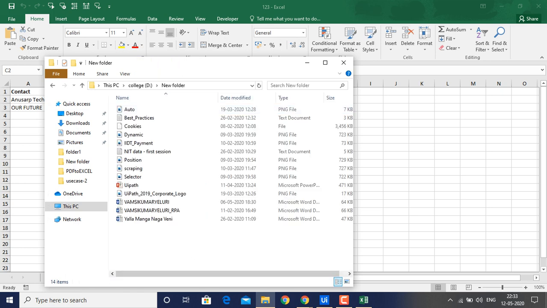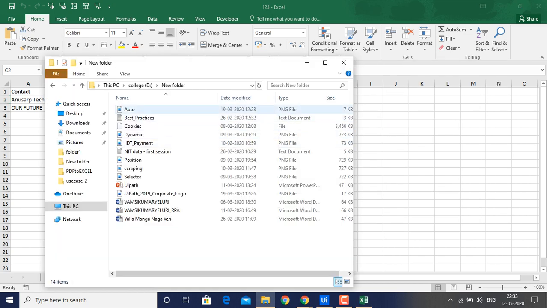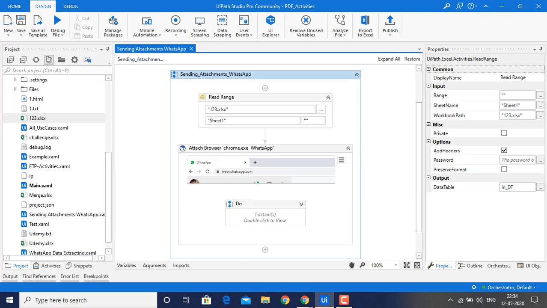This is my folder, where I have a new folder, and Dynamic is my file name. Again, I have mentioned a new folder, and Auto is my file name. These are the attachments we have to send. Here I have taken only picture attachments.